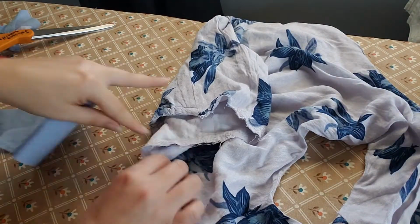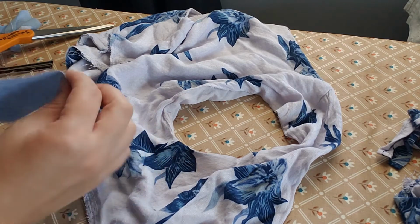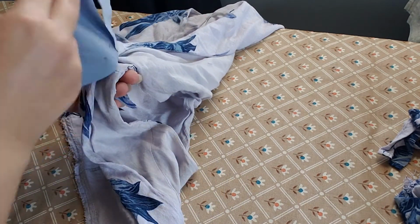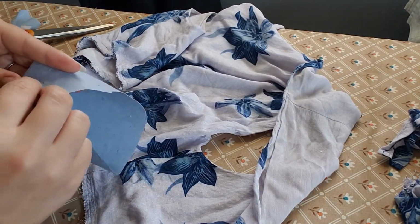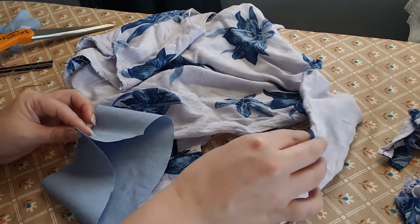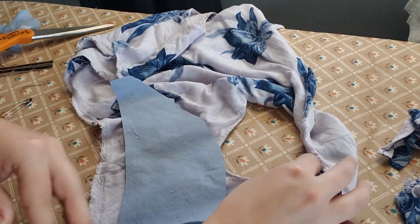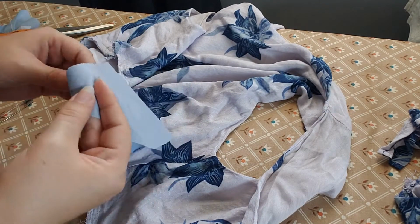And it still did not work, so after a few failed attempts, I just lay it flat and try to line up right sides together. And again, putting it in the round, hoping that will help me figure out which way it needed to go. It usually doesn't take me this long to put in a sleeve, but I guess because I'm filming,